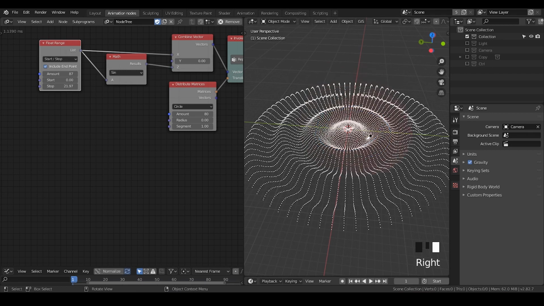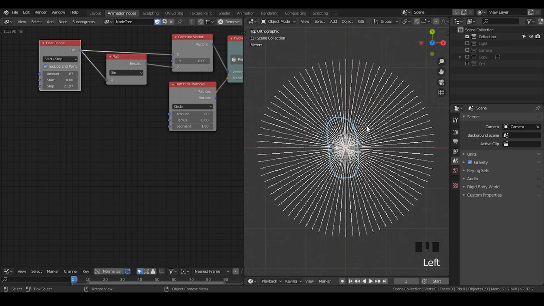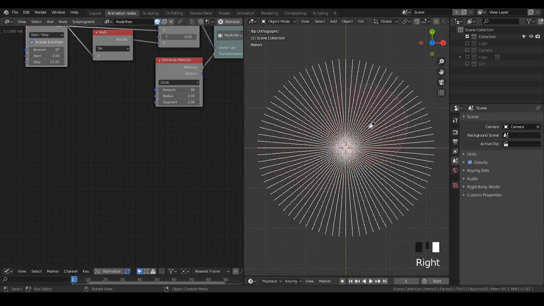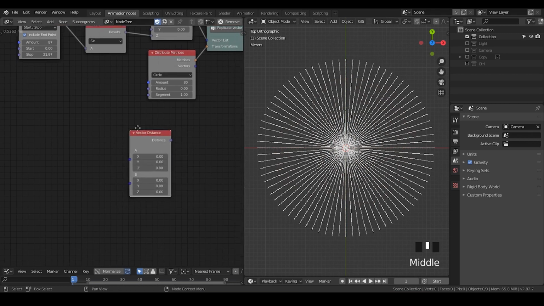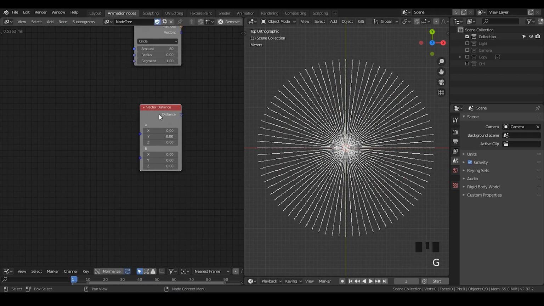But there is another approach that finds an actual commonality of all these points: the radius of these circles. Following this principle, we're going to use a node called vector distance. This is the starting point where we are going to